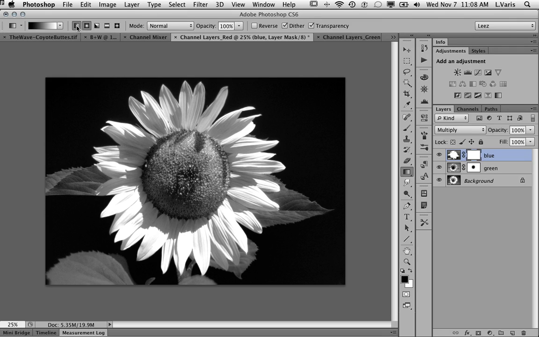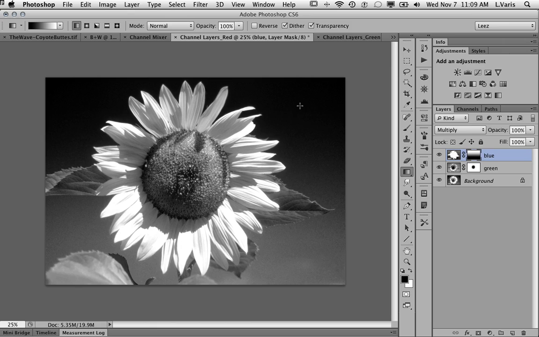So I'll make sure I have my linear gradient selected, and I'm going to drag up while holding down the Shift key to constrain it. See, if I don't hold down the Shift key, it's hard to get it to go perfectly perpendicular. But if I hold it down, I can get it to go absolutely straight. And now I've created a graduated filter effect without any masking or anything, and this cannot simply be duplicated using the channel mixer or certainly the black and